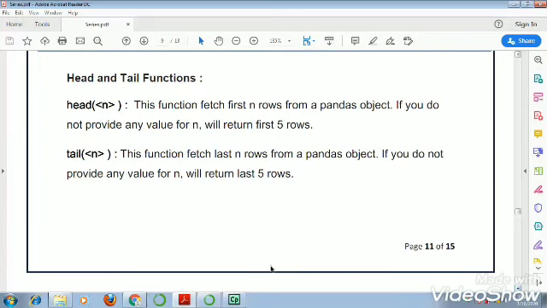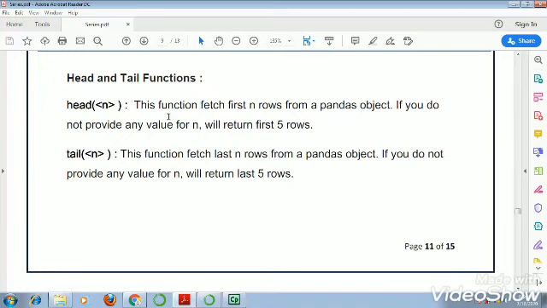So both functions take n as argument. N means number of rows. So if we write head and the number of rows, then it returns top n rows from the series, and we can skip this argument n also.